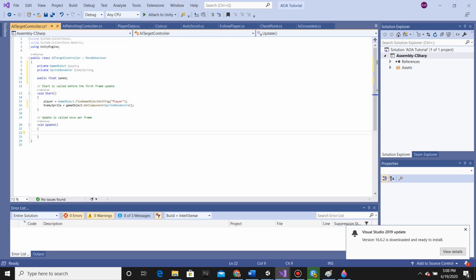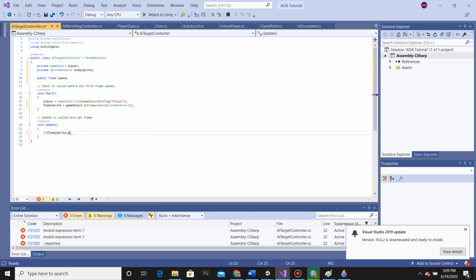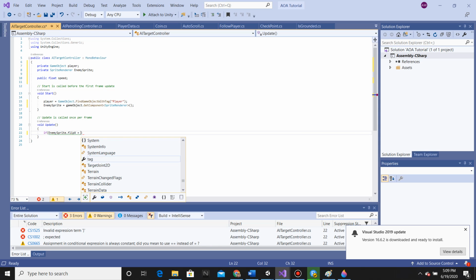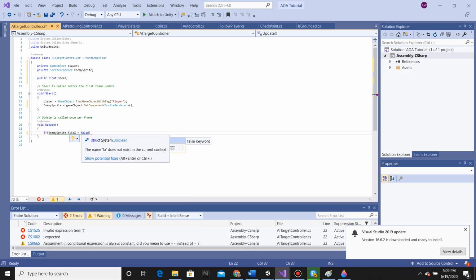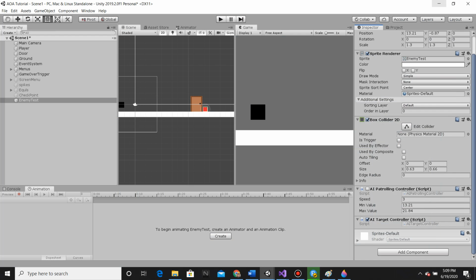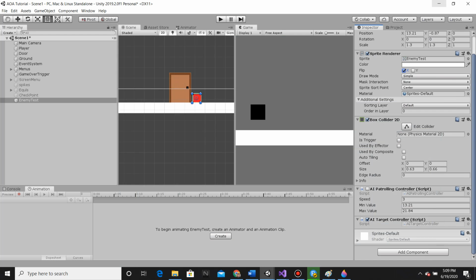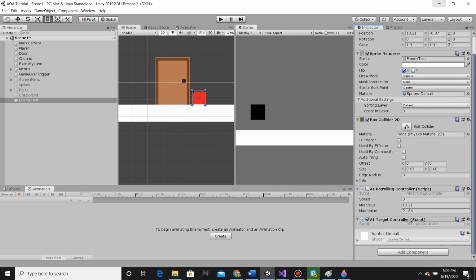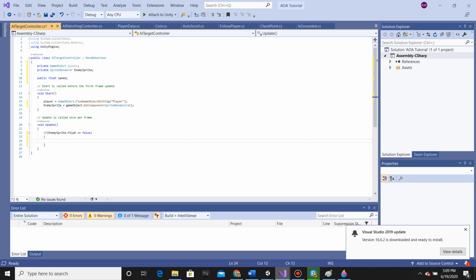Then in the Update method, I want to make it to where if the EnemySprite.flipX is equal to false. I'm going to do false first. Then basically flipping along the X is just doing this, so basically if flip is enabled along the X-axis, it's going to be flipped to the left. If it's not flipped, then it's going to be facing the right. So I want it to be to where if it's false, so basically it's facing the right,